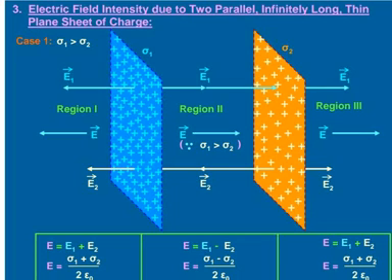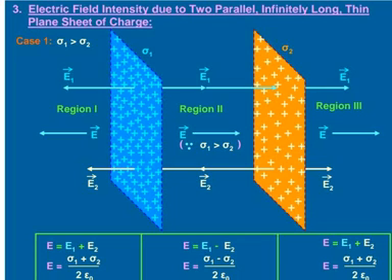We have already calculated that the electric field intensity due to a sheet is sigma upon 2 epsilon naught, right? Now firstly consider the sigma 1 sheet and draw the electric field lines for that one, and it is denoted in the diagram by the E1 vector. Similarly, for sheet 2, draw the electric field lines, and in this diagram they are denoted by the E2 vector. Now you know the magnitude, that is equal to sigma upon 2 epsilon naught.